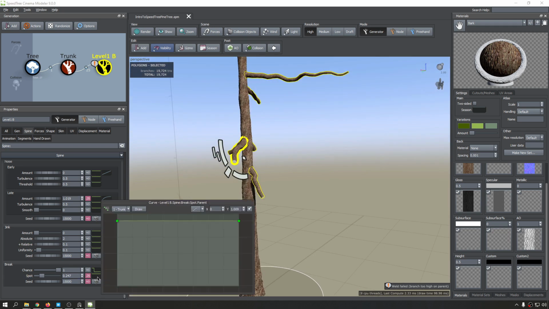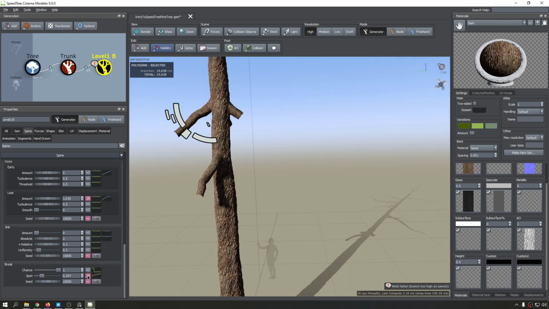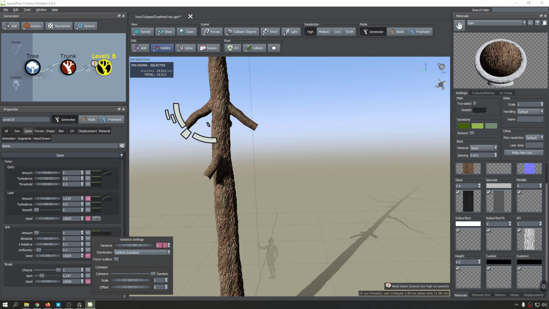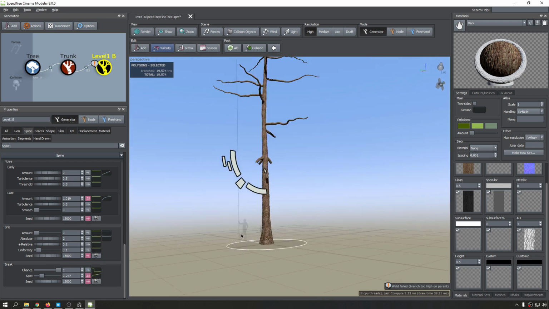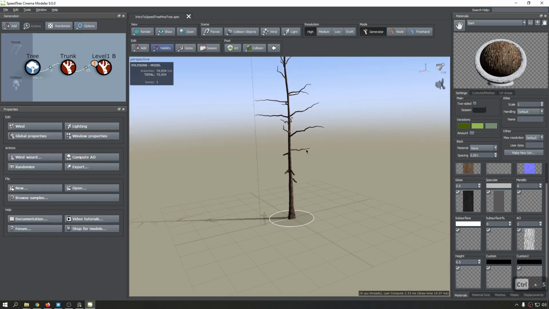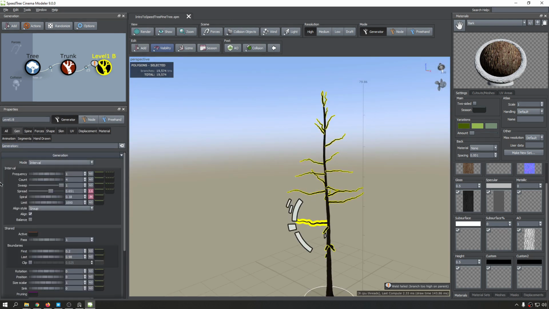So let's go for this spot. And these branches are these. So I'm going to make these shorter. Something like this. These branches are shorter. Of course, we are seeing this because of this variance value. So let's make this one 0. And now try to add a bit of variance in here. So this is good. And there's something more that I can do, and it's checking the frequency and the size